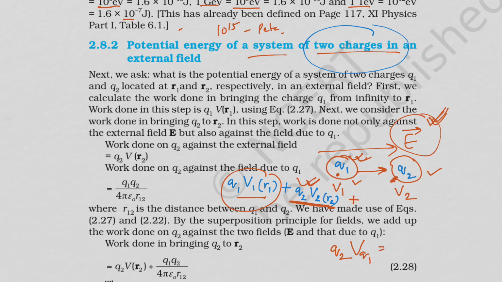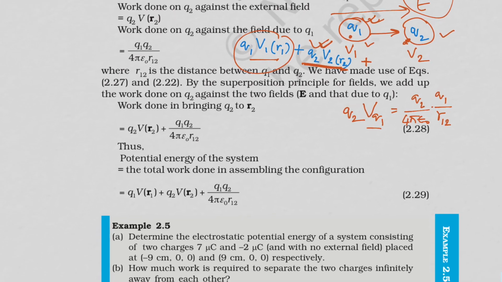And this is actually Q2 and Q1 upon distance between these 2 charges. So let us say R12, okay, and divided by 4 pi epsilon naught, okay. So our VQ1 is actually Q1 upon 4 pi epsilon naught R12, okay. So this will be added in the overall potential. So your answer will be